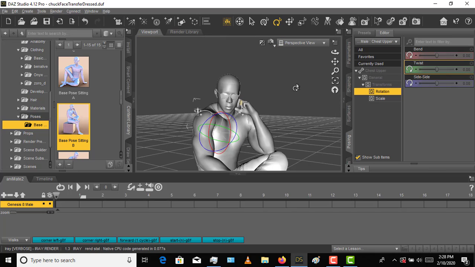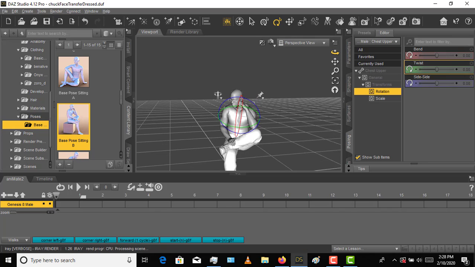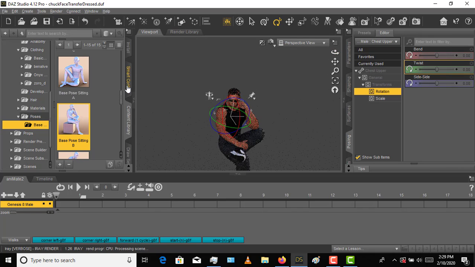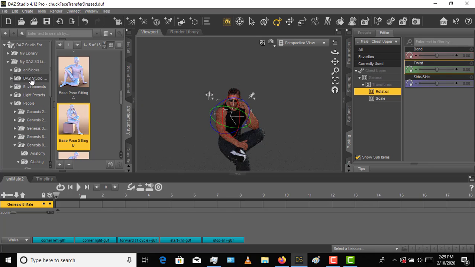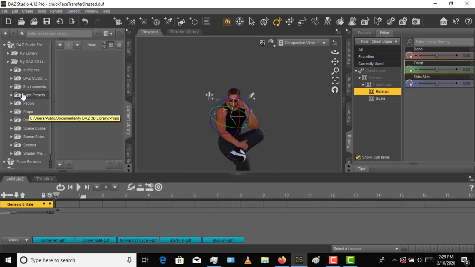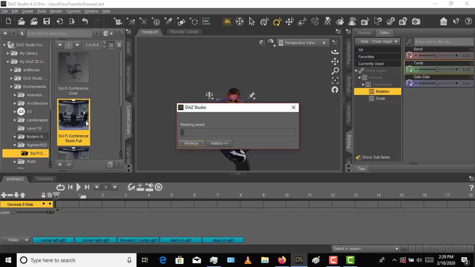Anyway, let's bring in some more geometry, right? He's sitting there. He might be on the phone, might be in conference with somebody. So let's add a conference room. The environment. This right here was a little bit tricky to get used to. Organizing things, right? Finding out where to put assets that you might have. Right here, let's bring in the whole conference room. When it comes in as a grouping, which is great,